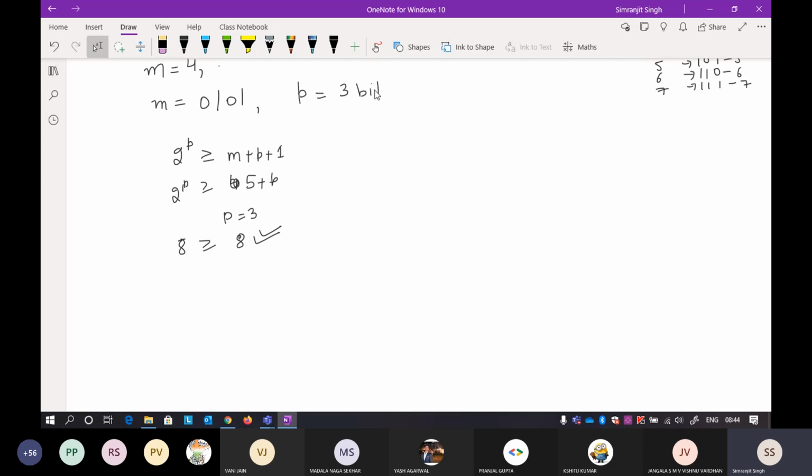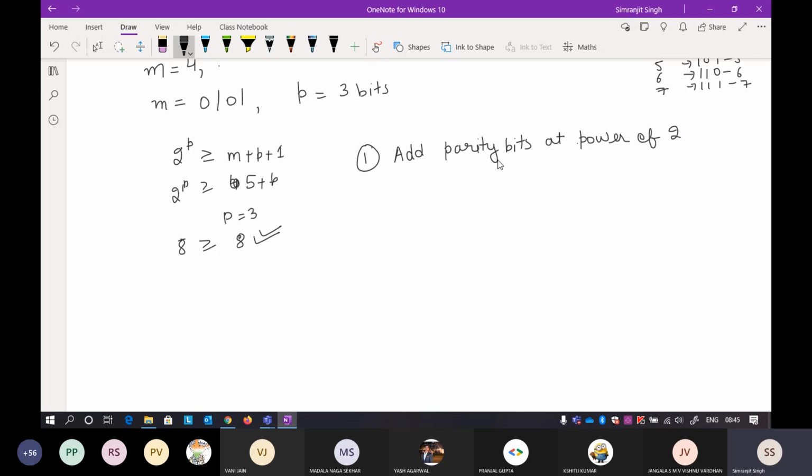Okay, so I do not know yet how to set the bits. Now this is the next step: how to set the bits. Now understand this one, that this parity bit will be set. Now this is very important to understand. This parity bit will be set at every power of 2. Okay, so I'm writing this first: add parity bit at power of 2. Okay, so I'll make you understand this particular thing.